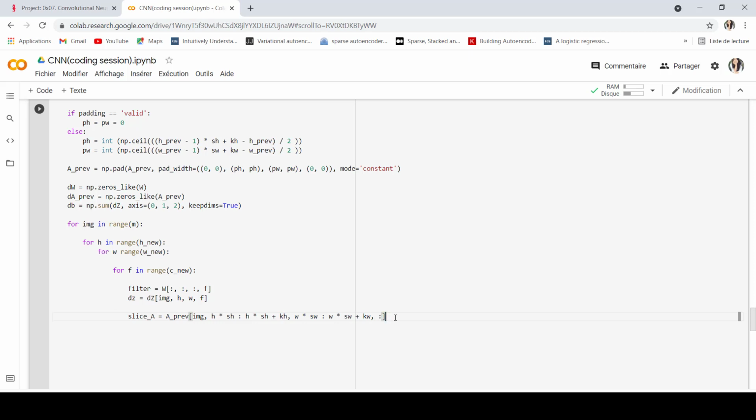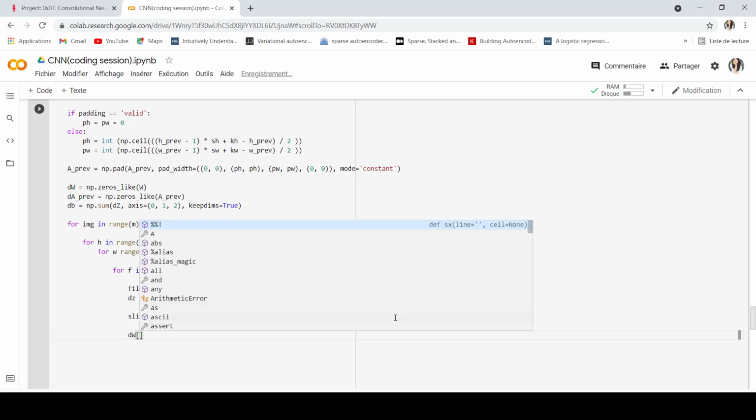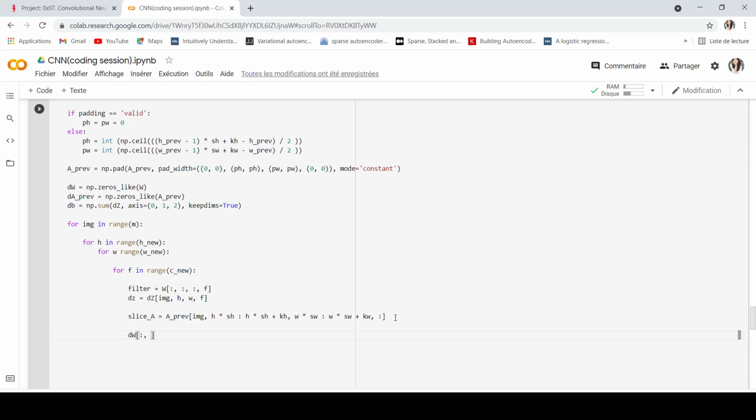Okay, so now I defined my slice of A. So we need the slice of A to calculate dW. So dW here of all the images, of all the heights, of all the weights, and f.